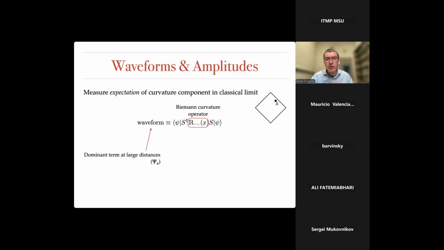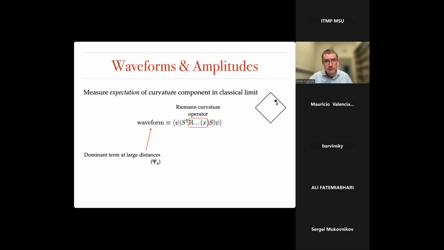There are some indices, but they won't really be important because I'm always going to pull off the dominant curvature component at large distances. So that's the curvature component with a 1 over R distance factor. I'm only going to look at the 1 over R distance factor. There will be other terms in principle in the curvature, which will be suppressed by 1 over distance squared, 1 over distance cubed, etc. But bearing in mind that I'm thinking of a situation like LIGO physics, where you have astrophysical distance between your source and an observer, then 1 over that distance squared is completely unobservable. So for all intents and purposes, it's really just 0. So it's sufficient to restrict to that leading term, the 1 over distance term.